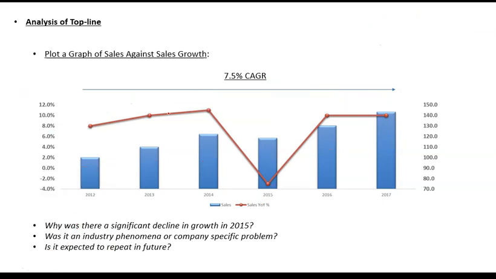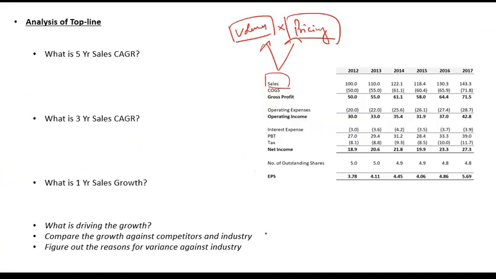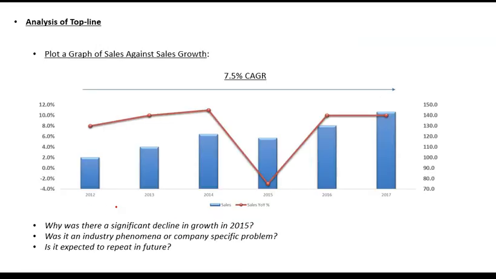So you will need to plot a graph like this so that it becomes clear, and then again you will have to answer questions like these. Again emphasizing the fact कि ये questions जो हैं, these are some only basic questions. Your analysis should not be limited to this. If there is anything else that you are able to find out या आपको कुछ company में दिख रही है होती हुई, so you should find out the reasons for that as well.